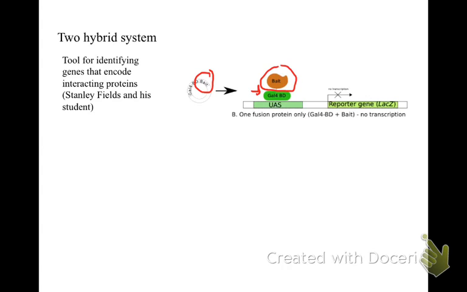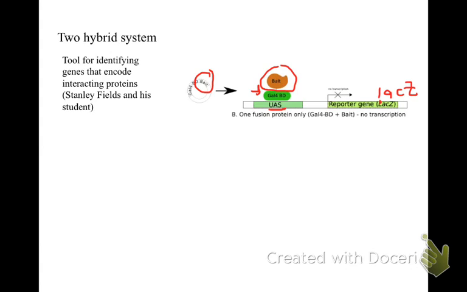And the GAL4 binding domain can still bind to this upstream activating sequence, but we see no activation of transcription because the GAL4 activation domain is not present, and that's what RNA polymerase needs. By the way, this should be lowercase lacZ in this picture. Well, the next thing they did is they took the other part of GAL4, the activation domain,